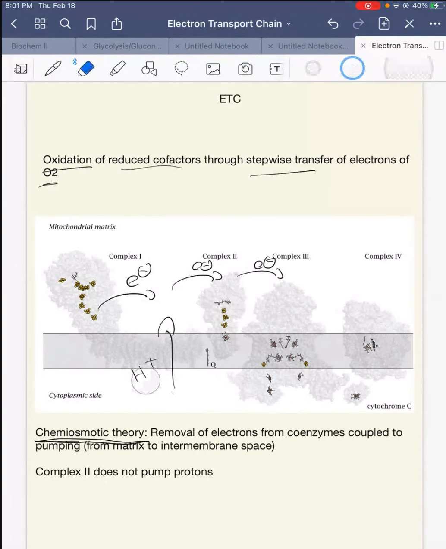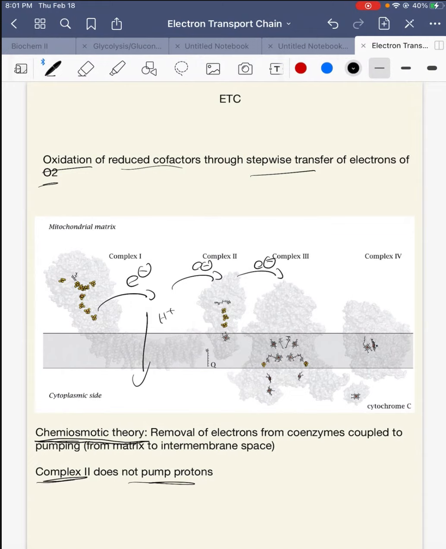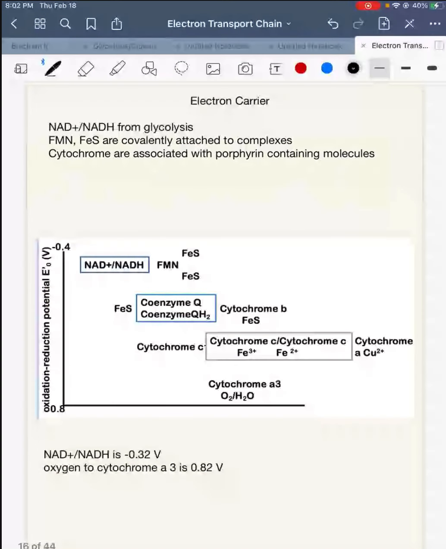This diagram should be this way, from the matrix into the intermembrane space. We pump protons from the matrix into the intermembrane space, and then that eventually gives us the proton gradient to make ATP. Thing to note is complex 2 does not pump protons, which we'll talk about when we go over the complexes in detail. Okay, so I think we can, no wait, I have one more slide